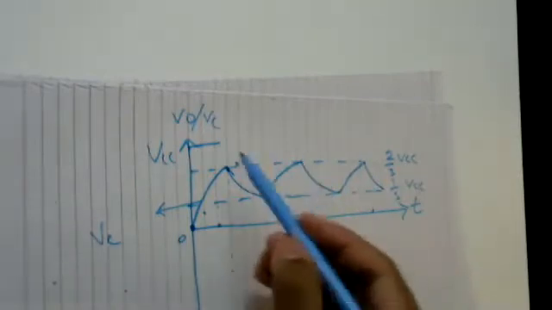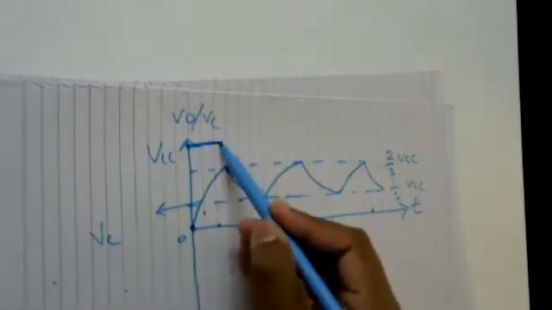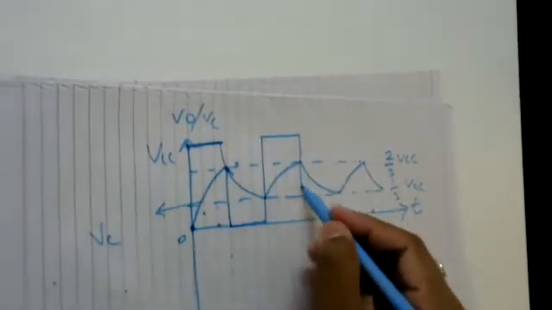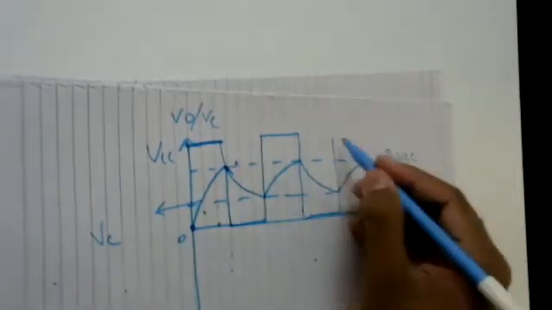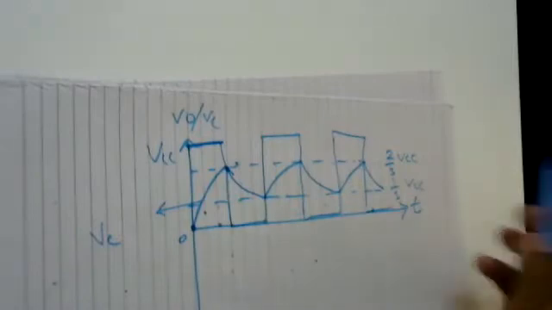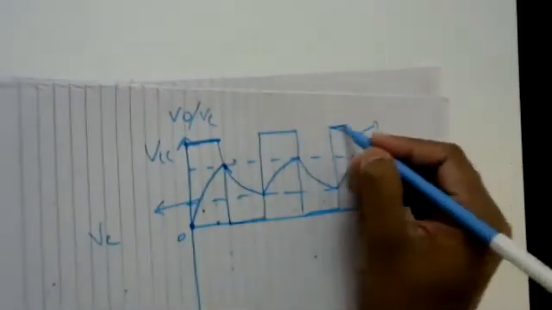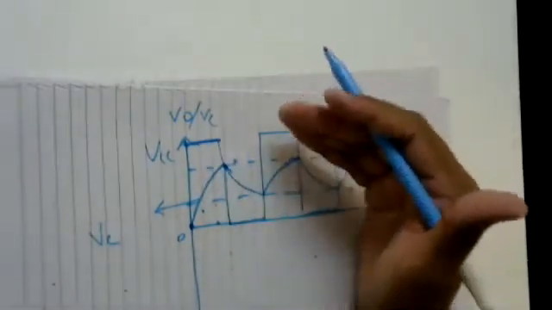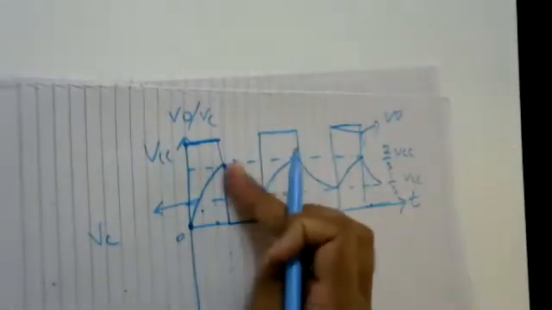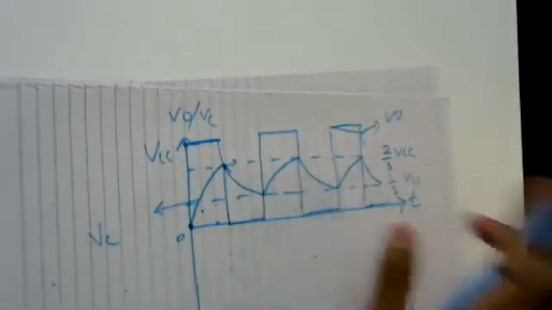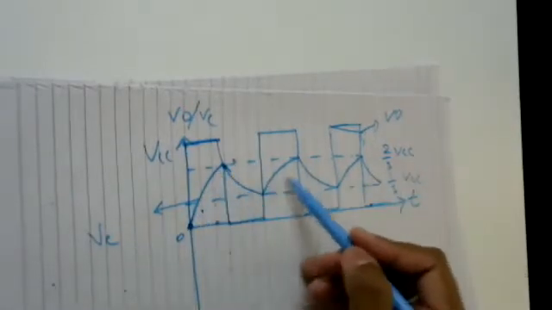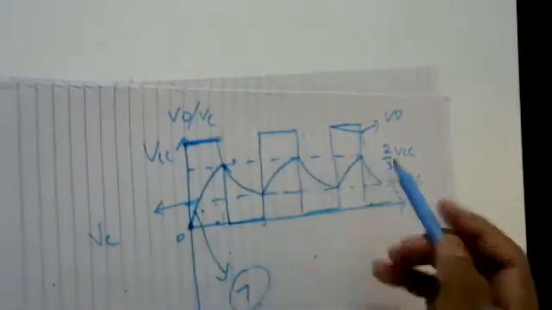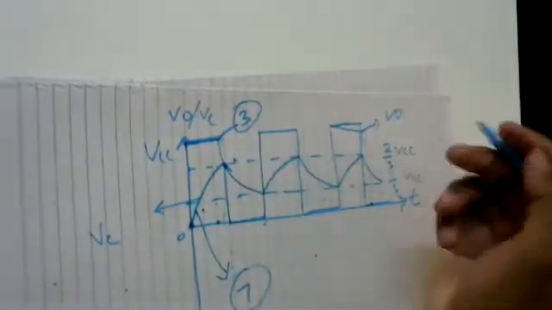When it is charging, at that time output will be high. When it is discharging, it will be low. So again charging, discharging, charging, discharging. Okay, so this is how you will be getting your output voltage. The square pulse that you are getting is the output voltage. It is moving between charging and discharging, and this is the actual charging, discharging curve. So this is voltage across the capacitor, which we are going to get on pin number 7, and this square pulse we are going to get on pin number 3 as output of your triple 5 timer.